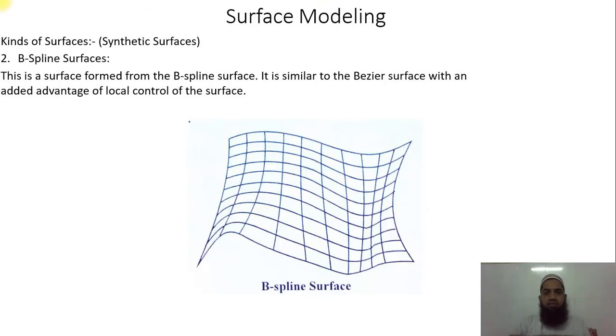B-spline curve, a further extension of the Bezier curve, but here most of the control points control the curve. It means that the curve passes through most of the points. Most of the points means the maximum. It is not exactly all, but the curve passes through about 90 to 95% of the control points.